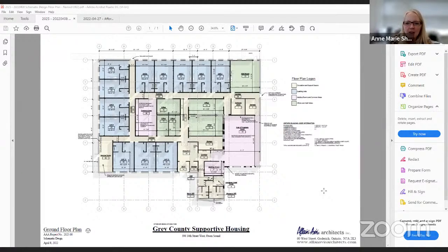I'll just explain a little bit about it. There are 12 supportive housing units. Those are the units that are in blue. They are all individual units. They're studio apartments. All studio apartments will have a kitchenette that will have a built-in stovetop, a fridge, and a microwave. We're looking at 2 barrier-free units, and then the remaining would be using barrier-free design, so including grab bars in